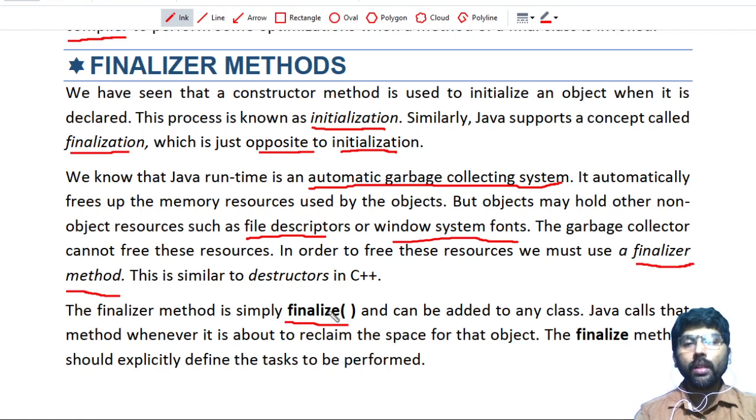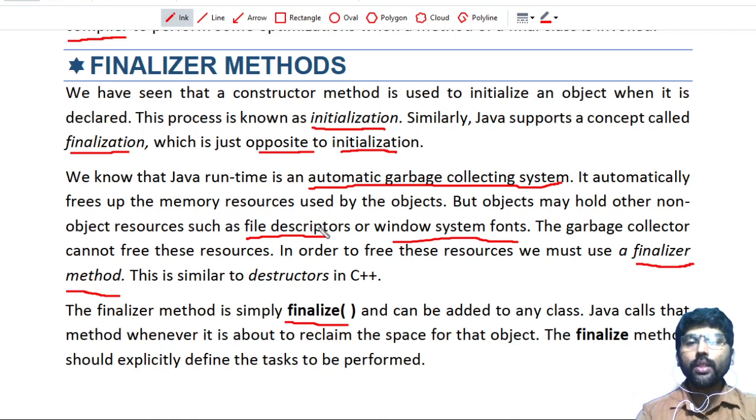Now, what happens if I do not write such finalizer methods? Imagine I have created a file, and that file is locked by my program. Locked means no other user can access that file until I release that file, from a security point of view. Now if I don't need that file and I forgot to release it, I close that object in my program, the file lock still exists. No other user can access that one.